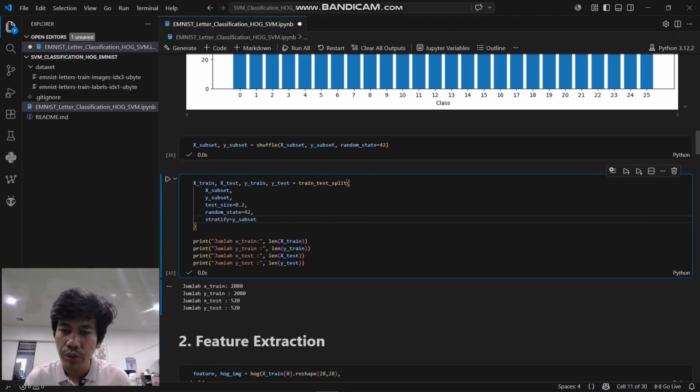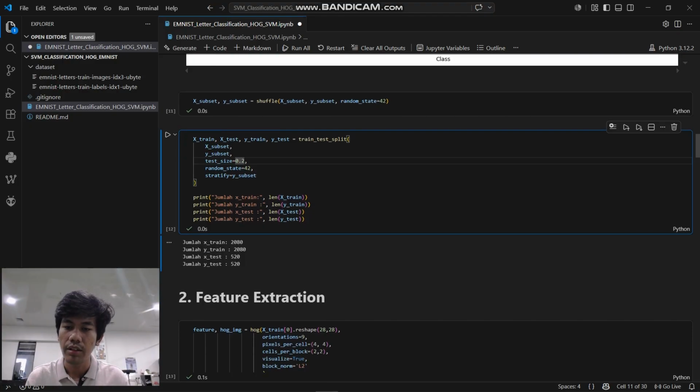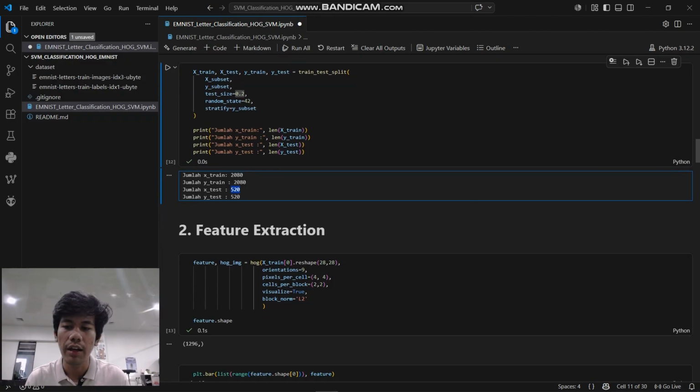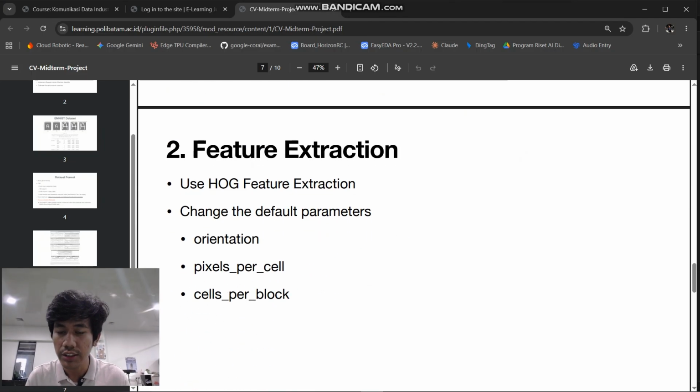And don't forget to split the dataset with a ratio of 0.2, 20% for testing and 80% for training. To make sure of the quantity of the split dataset, we can print it. For training, there are 2,080 samples, and for testing, there are 520 samples.